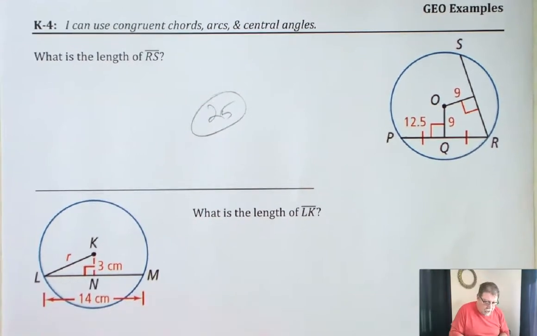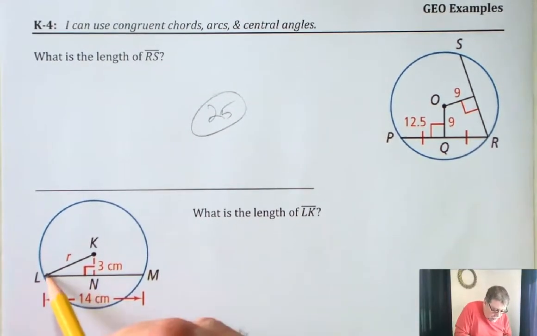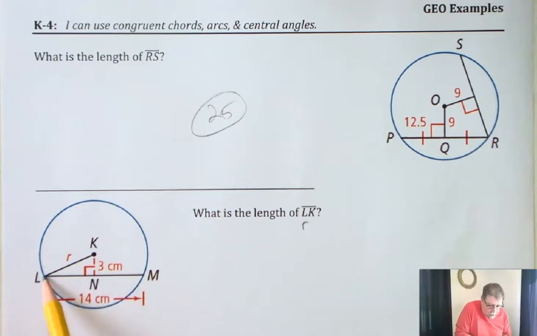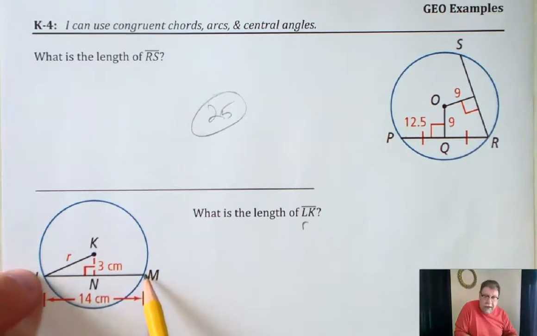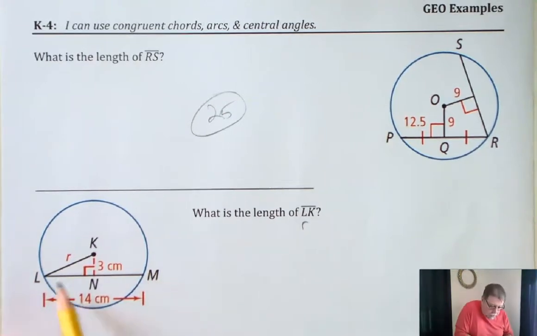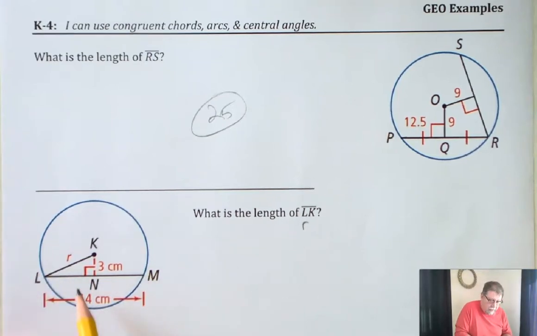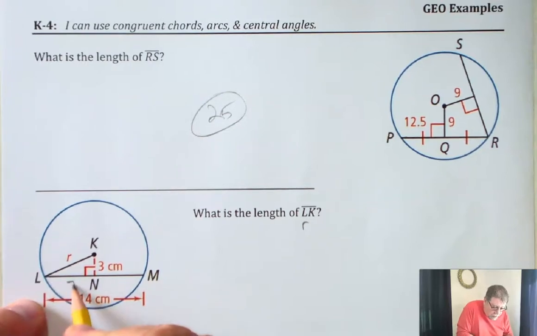In this particular example, what's the length of LK? LK is this, it's the radius, so I'll call that R. And I have a right triangle here. LM is 14. I'm going to use the Pythagorean theorem on it, but I need to know the length from L to N, not this whole length. Well, since this is perpendicular to the segment going through K, this measurement is half of 14, so that's just